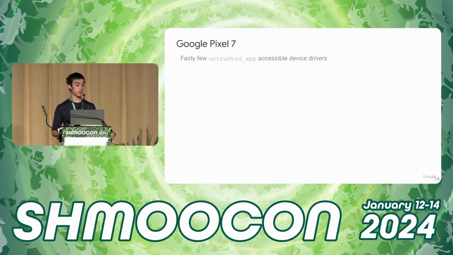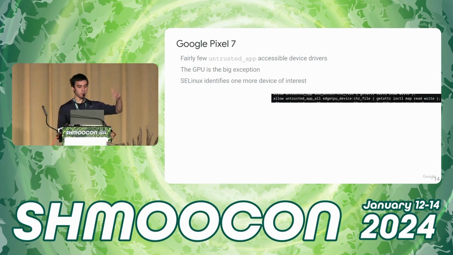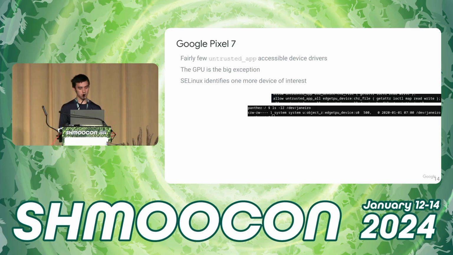There are caveats to that, but I'll just leave it at that for now. The GPU was the big exception to this, but SELinux identified one particular other device of interest. It was this Edge TPU device, and I could see from the SELinux context that I was able to ioctl this device, I was able to read this device, but I wasn't able to open this device, which is super weird.